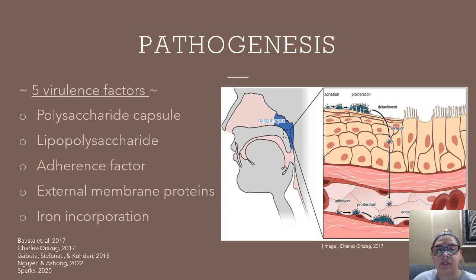Lipopolysaccharide is an endotoxin because it presents itself in the bacterial wall, and it is important to N. meningitidis and is responsible for toxic shock and meningococcal adhesion and activation of the innate immune system. Our adherence factor is our type 4 pilus that binds to the CD46 receptors. It is located on the external plasma membrane and plays an important role in pathogen adherence to epithelial and endothelial